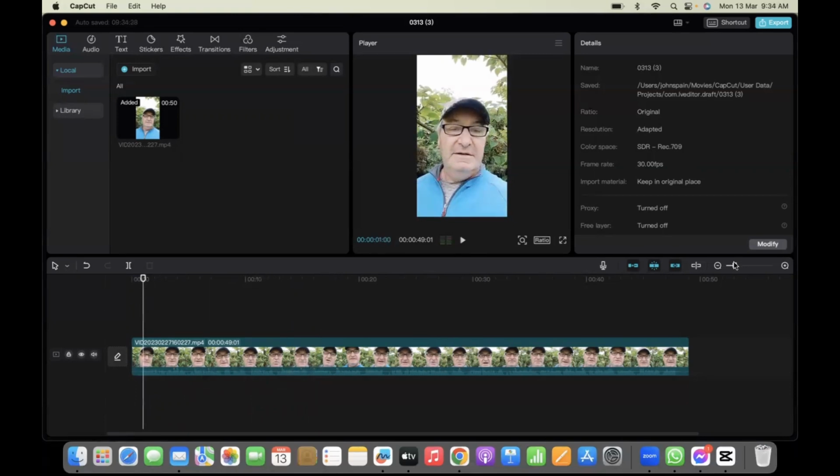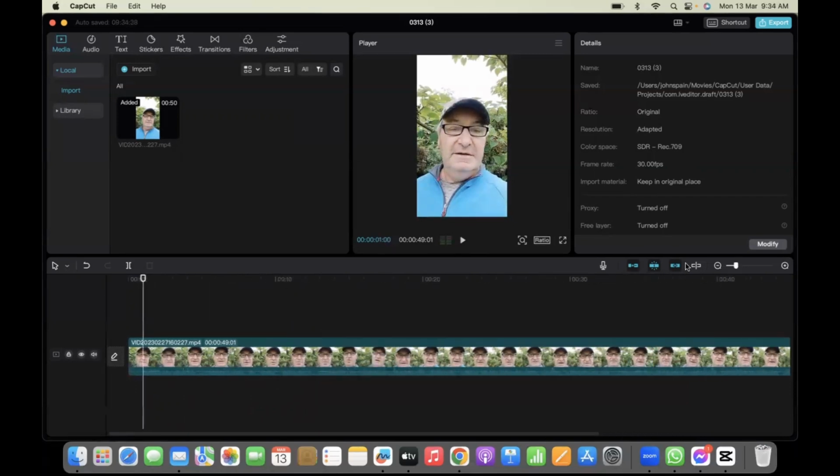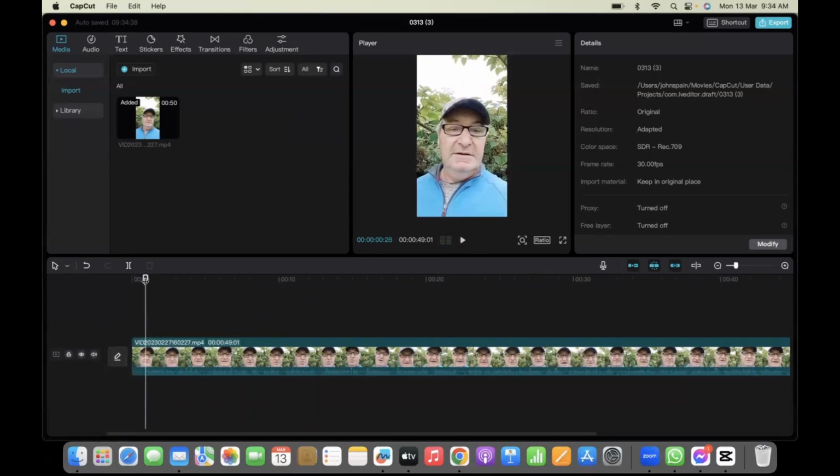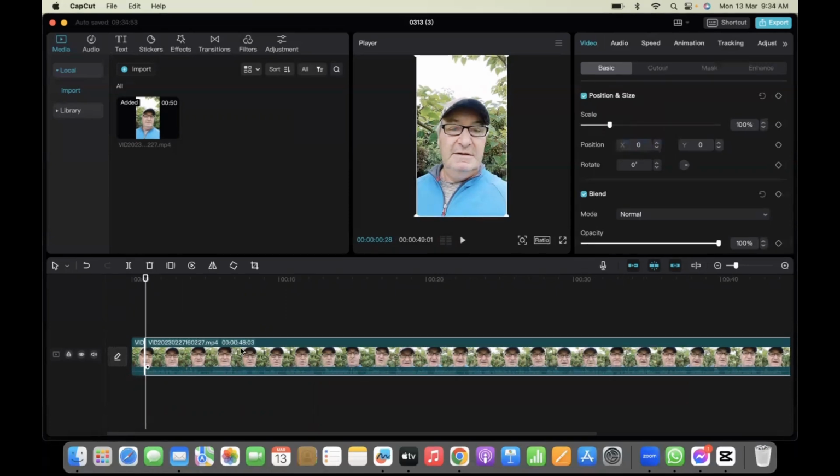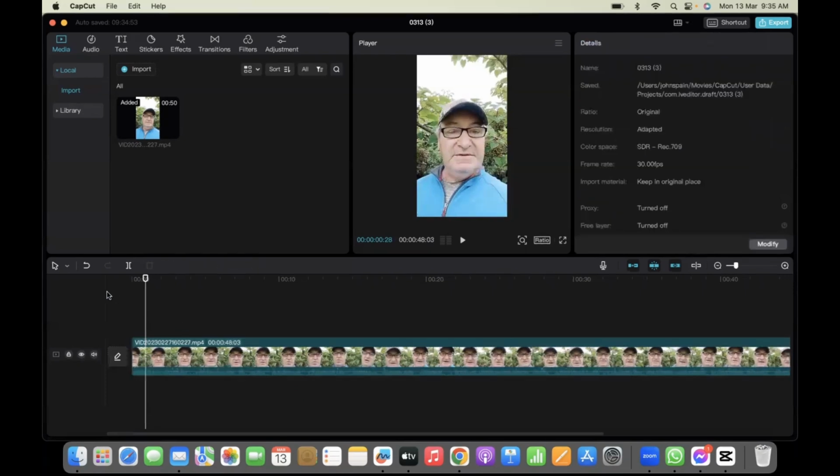and you can expand this a bit if you find that a little bit harder to find so you can see it a bit clearer. So let me say bring it there. Now this here allows you to split. So if I do a split, you can see now I have a section there and I have a section there, and that section has no speaking in it, so I could just hit the delete button and get rid of it. So if we go back to the start now,